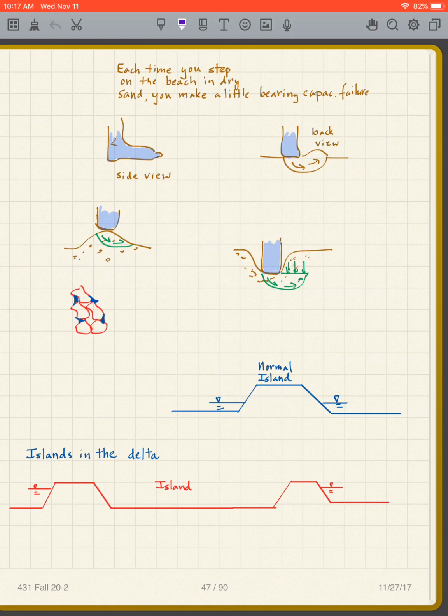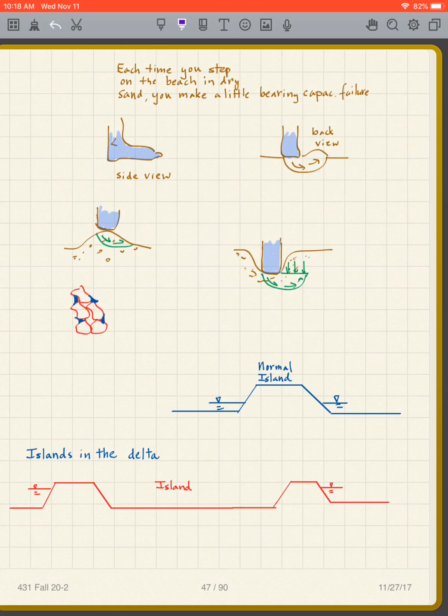You can tell that to your boyfriend or girlfriend or whatever when you're walking along the beach. You're walking in that region where it's just partially saturated because you get those little capillaries, which increases the effective stress, increases the strength of the sand and makes it less likely to have a bearing capacity failure. I'm sure your friends will love to hear that story. Anyway,